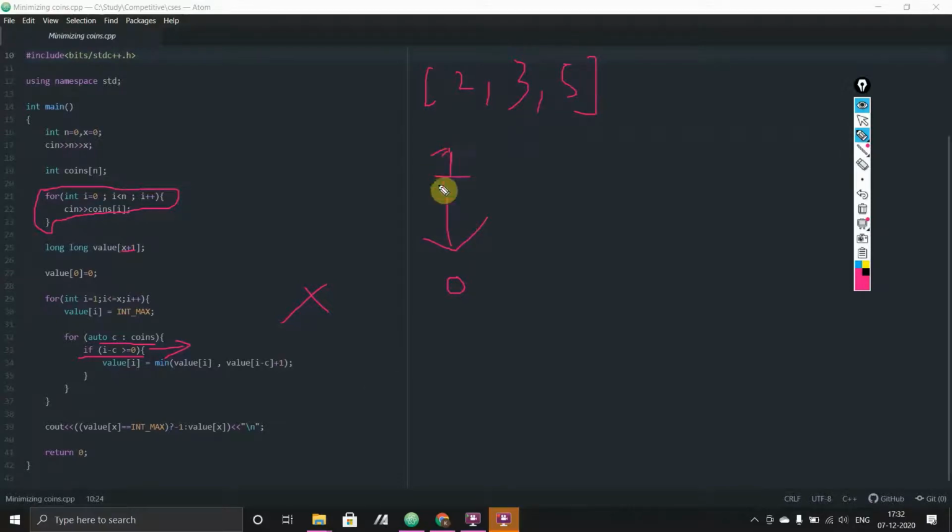But in this case our array will not actually store 0, because again, as I said, we have to find the minimum, and for each of them the answer will only reach till the minimum. So this time the answer will be INT_MAX. According to the algorithm which I had written, the answer will be INT_MAX, and then we can check later that if it is INT_MAX, then that means it is not possible.